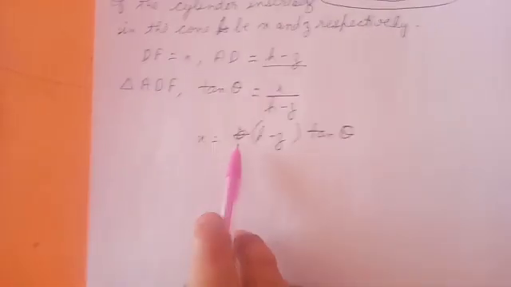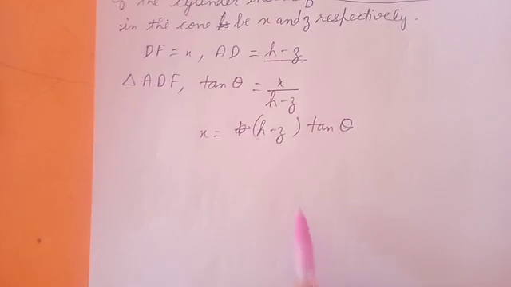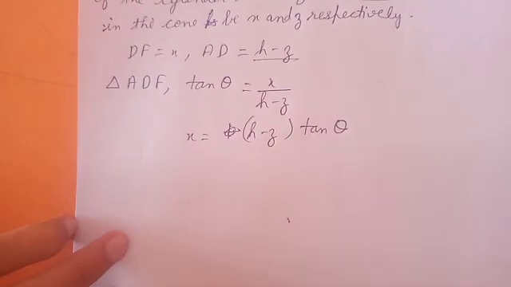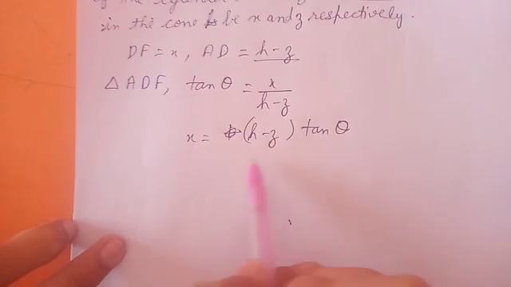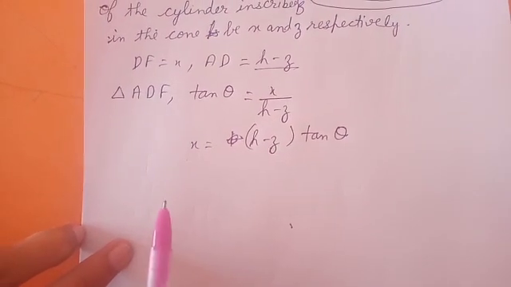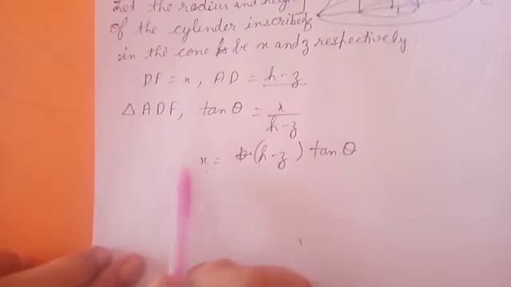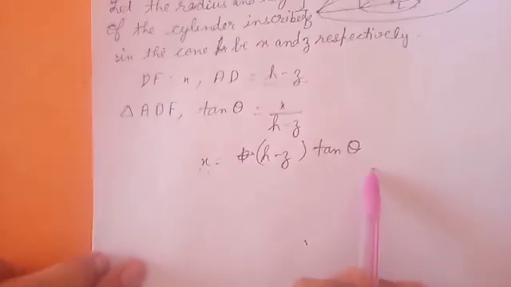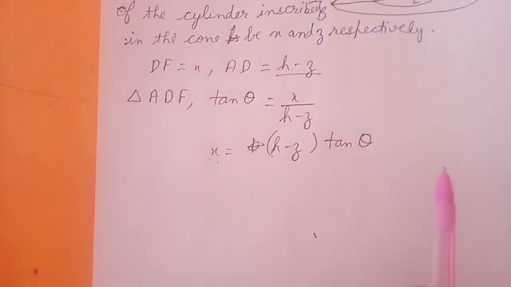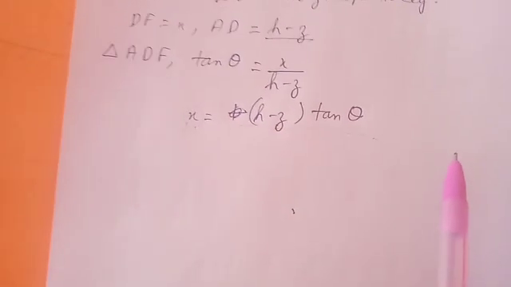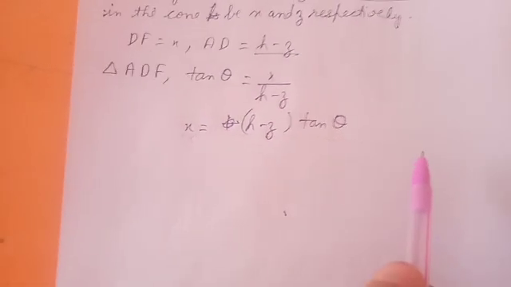Now what have we got here? Here we have found a relation between height and radius, and wherever we use this radius, we can replace it with the height. Why with height? Because at last we need height, and because we need height, we need all of our variables in the form of that.